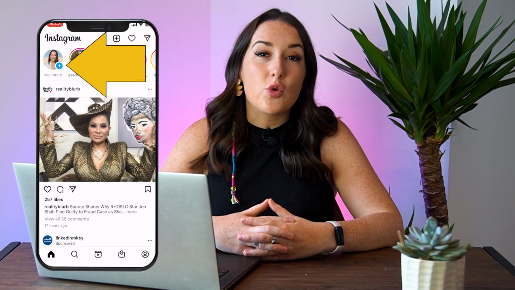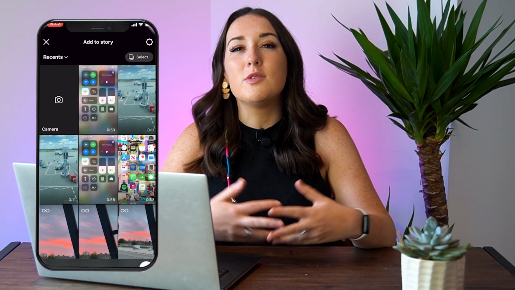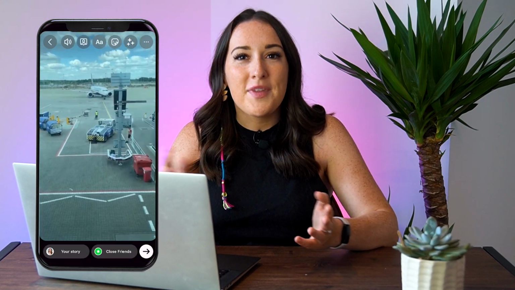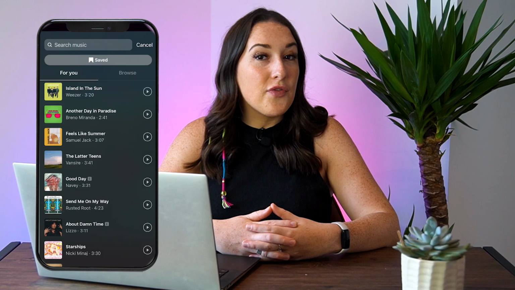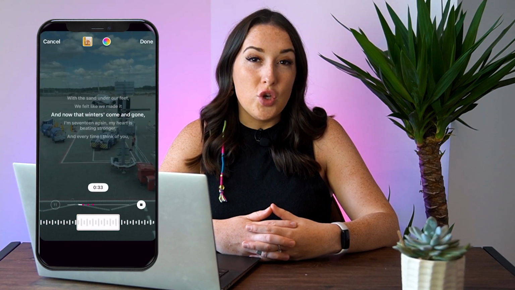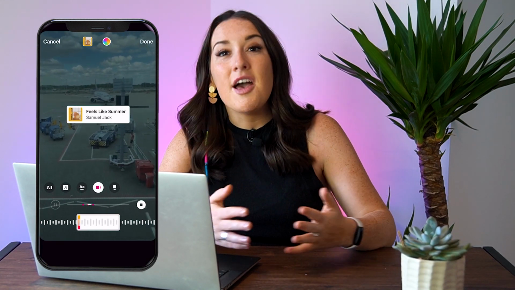So to add music to a story, we're going to click plus on your photo icon, and now you can choose to record yourself, or you can use a photo or a video from your library. Now click the square face icon and choose music. And in here you can search for your favorite song and choose the song portion you want by dragging that track either left or right. And once you're happy with that, click done,